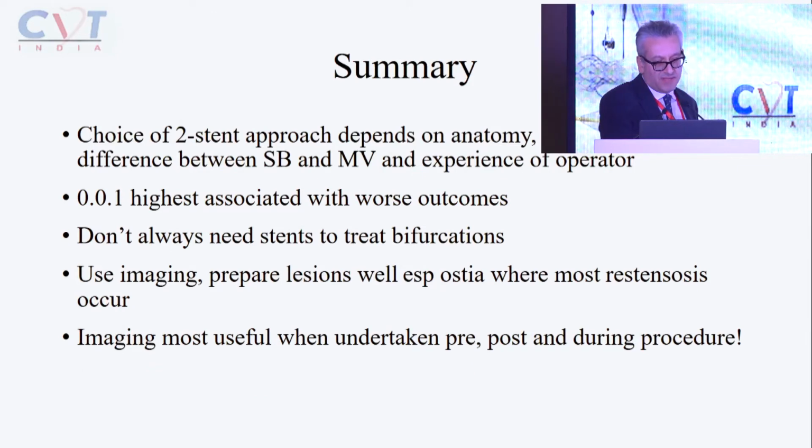And so in summary, in my view, the choice of 2-stent approach really depends on anatomy. You need to think about the angle of the side branch, the size difference between the side branch and the main vessel, and the experience of the operator. We often talk about DK crush. Let us not forget, for those entering the DK crush trial, these were people that did over 300 procedures a year,